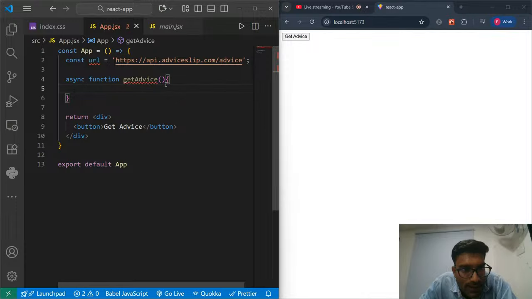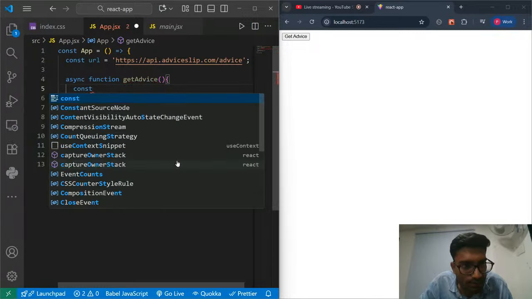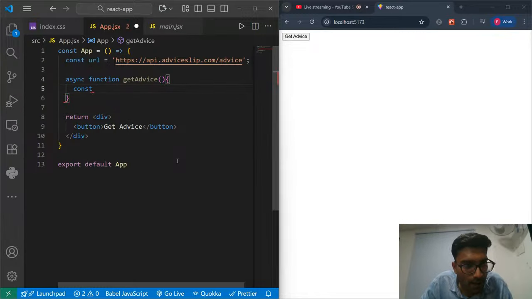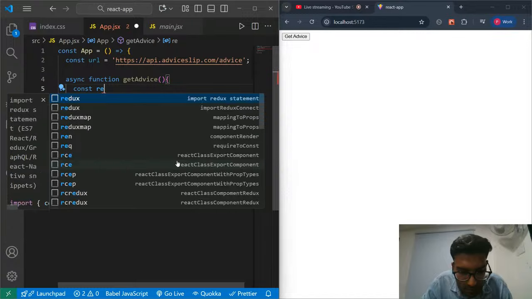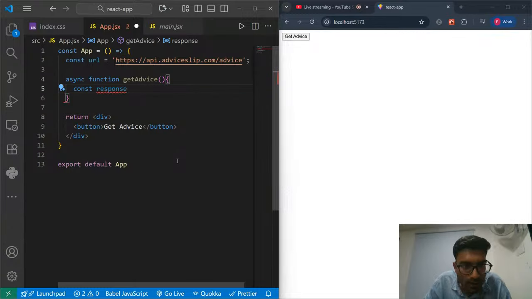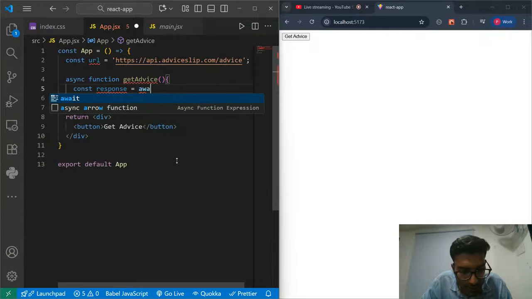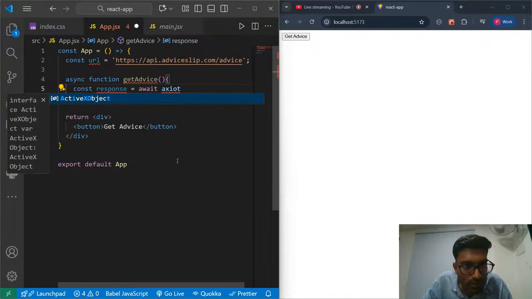Okay, async function getAdvice. Now what we will do here, we will make a call. So const response is equals to await axios.get.